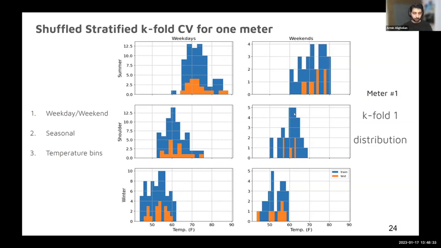And these histograms that you're watching right now are from meter number 1 and k-fold number 1. What do I mean by k-fold? We can have multiple train sets and test sets together, and then